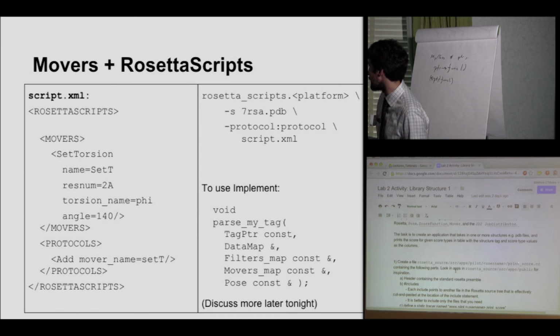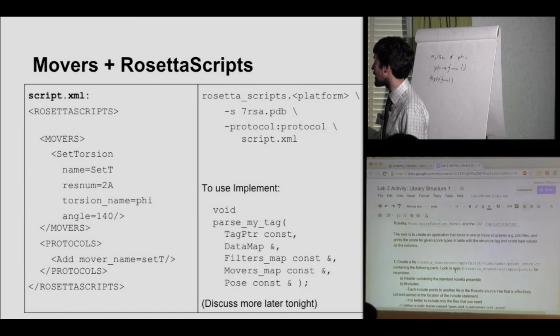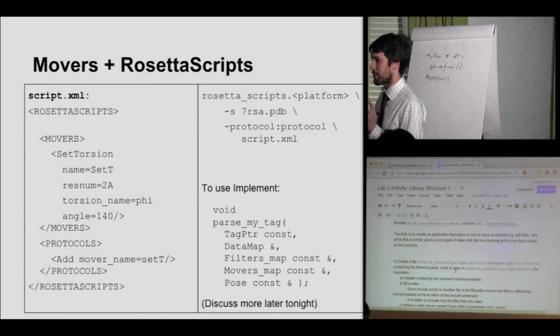It says to make it in your username print score. When I say to make the headers and things, you generally just go and look in other apps in apps public. I find that it's helpful to browse around and look at different parts of code to see if yours is consistent. As you look at more code, it'll become more obvious what the right thing is to do or what the consistent thing to do is. But for instance, to find the header in the preamble, it's in every CC file that you would want to open. So open one up and copy and paste it over, for instance. To figure out how to do includes